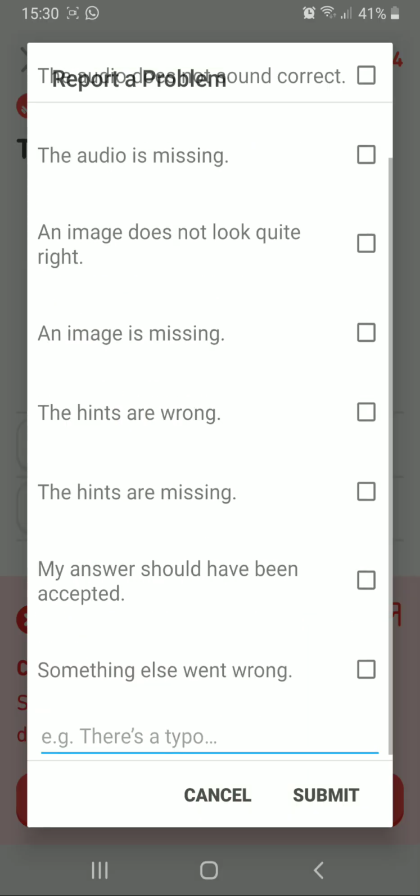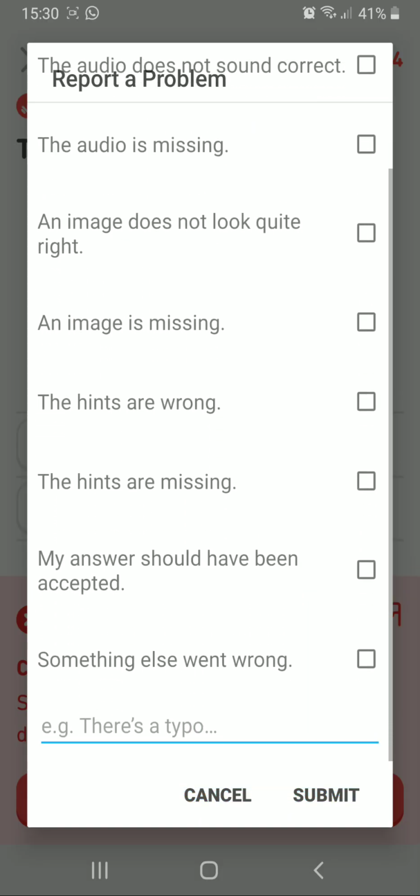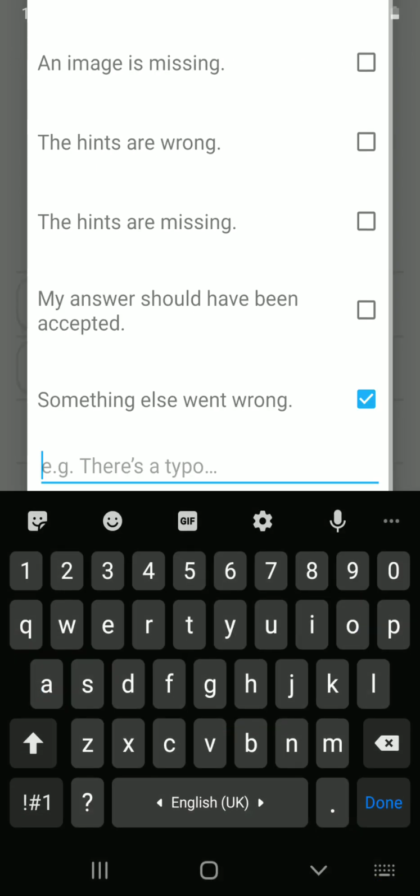I can flag this and I can say, for example, I don't understand why